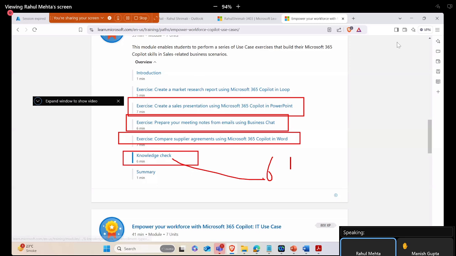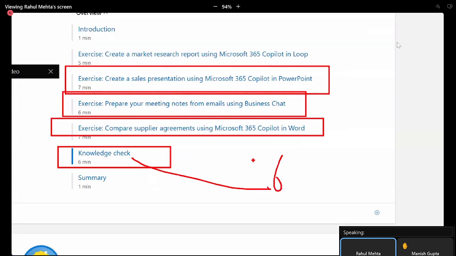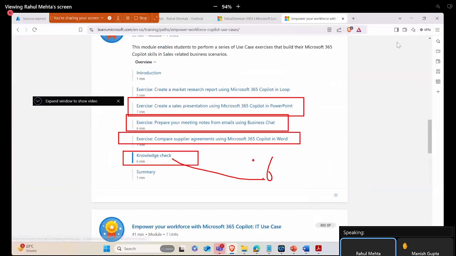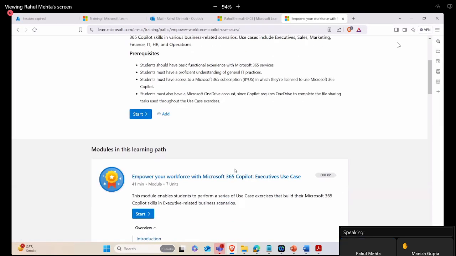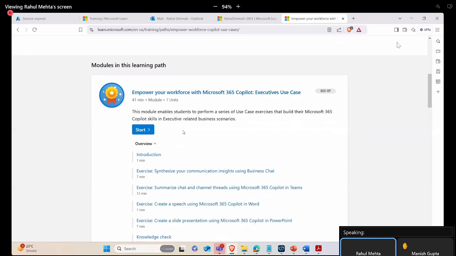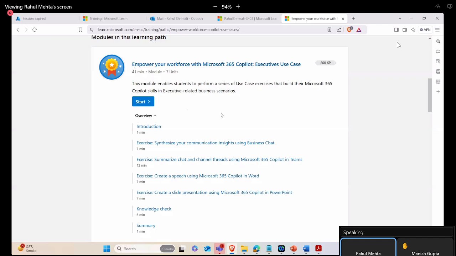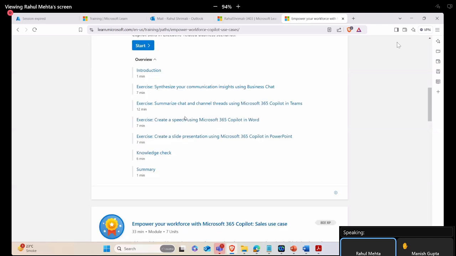So every learning path, every course, has modules. Every module has some units, some time duration. Every unit has an exercise. Okay, for example,